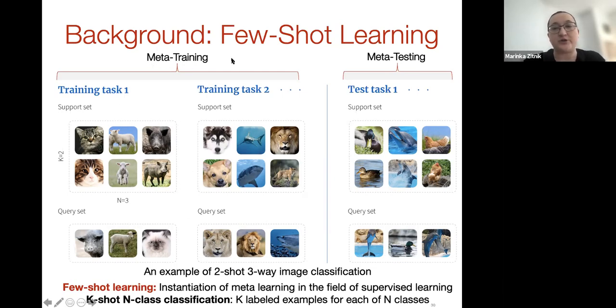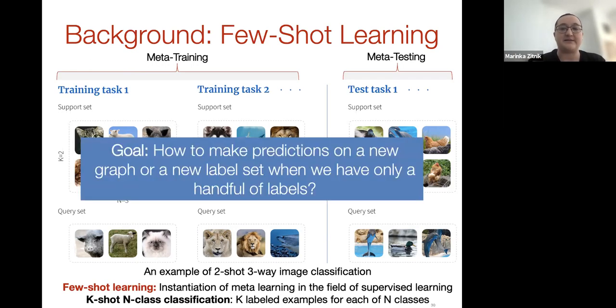So the idea in few-shot learning is that we have two phases, a meta-training phase and a meta-test phase. The meta-training phase is a training regime that is designed in such a way that the model is trained on these hard settings, where in each setting it has very few labeled examples of classes. And if it can be effectively trained in this way, then at test time, when it is presented with a task that also has very few labeled examples, it will be able to generalize successfully.